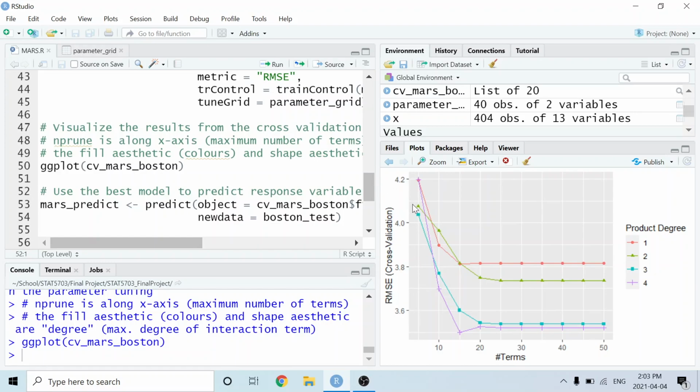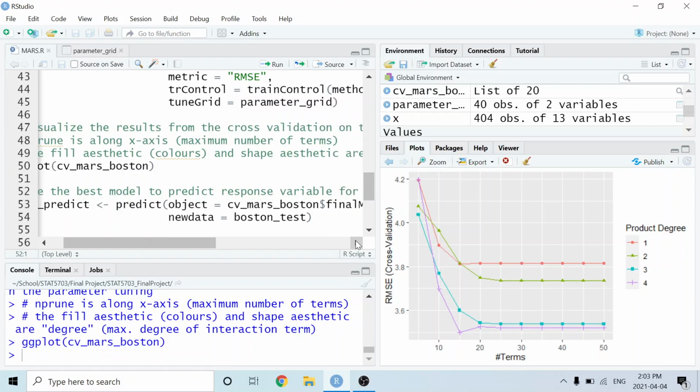So along the y-axis, we've got whatever we specified as our performance metric, which was root mean squared error. Along the x-axis, we've got the second parameter that we tuned, which was the nprune argument. And remember, that was the maximum number of terms that can be included in the model. And the fill and the shape aesthetics represent the first parameter that we tuned, which was degree.